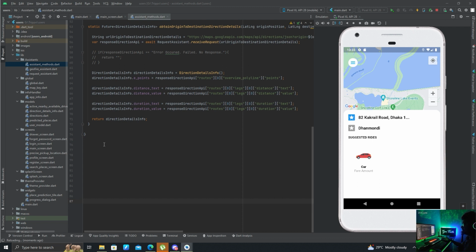Let's write static double calculate fair amount from origin to destination. So direction details info,